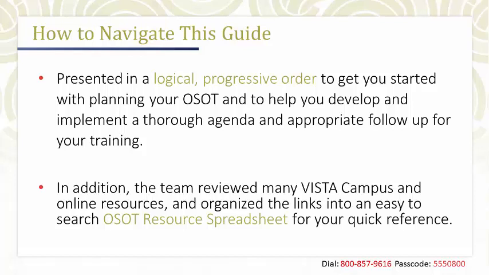So to start, our experience has shown that a well-prepared orientation covers the elements presented in the CNCS objectives and learning outcomes that we discussed in one of our goals that we wanted to keep in mind. A planning timeline and sample agenda provides our recommended steps toward preparing your OSOT. And since we recognize that each VISTA sponsoring organization has different needs and project goals, we provided 3 areas of focus that universally apply and can be tailored to your needs. These 3 areas are 1, training topics, 2, interactive activities, and 3, evaluation.